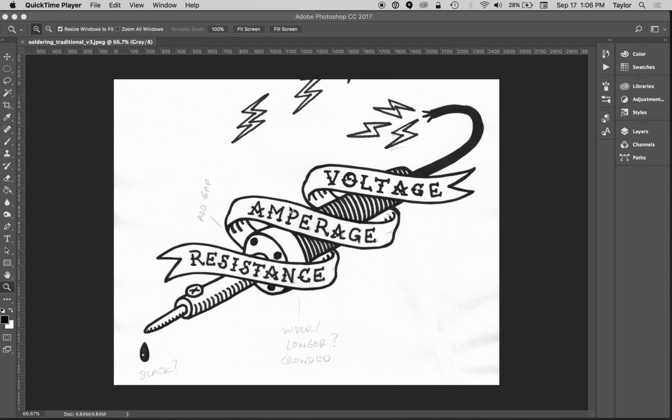Alright gang, we're going to start out today's videos in Photoshop, and I've been working on this little project where I'm using a combination of hand drawing and Photoshop and Illustrator to get this tattoo design together. So I started out with a pencil drawing, and then I took that into the scanner and then into Photoshop